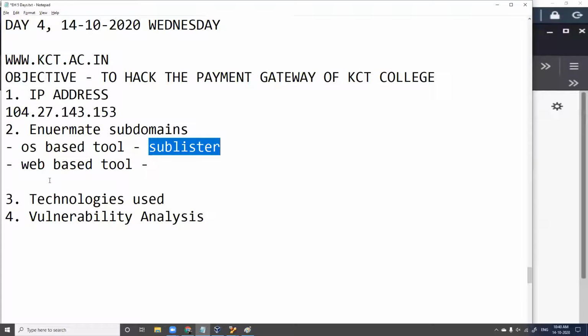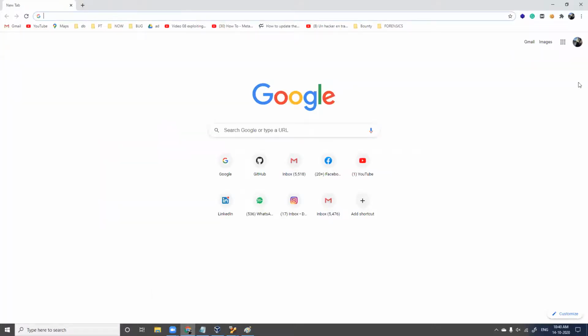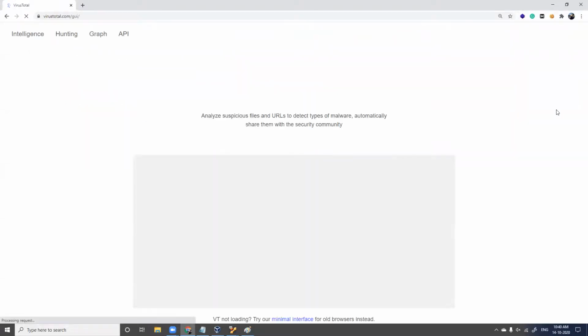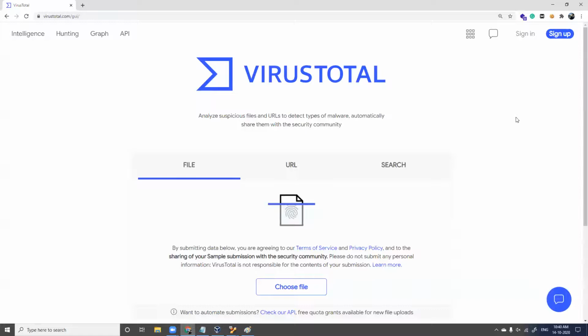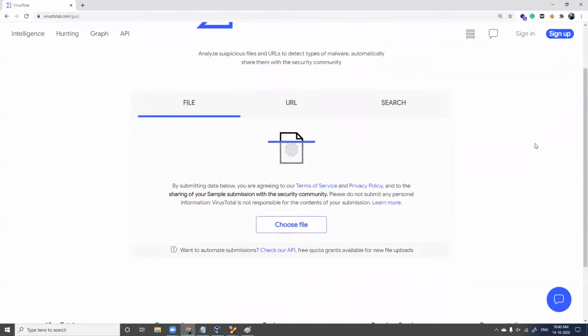A web based tool means a website which you can use. One website which is most commonly used is called virustotal.com. Virustotal.com is a website which can be used for multiple purposes. What purposes?